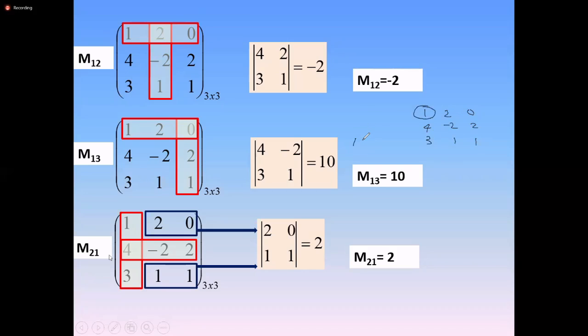That is M11. Okay. Then you have to cross this one. Then what is the value remaining here? So this is the determinant, 2 by 1, minus 2 by 1. So that is the minor value which was explained in the previous slide, right? Okay, I think you can understand this. Let's go to other minor values of this matrix.